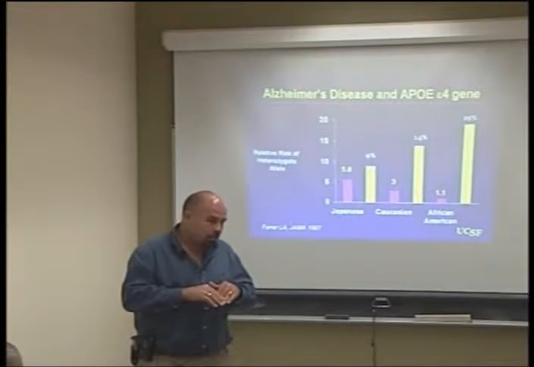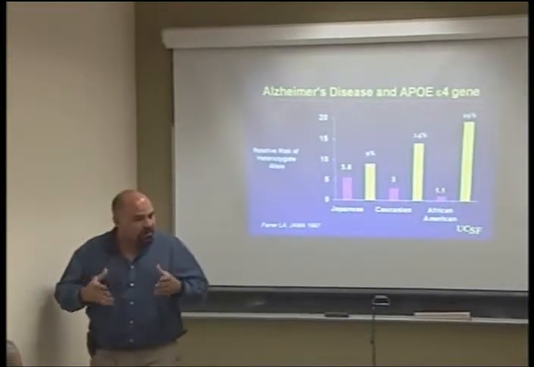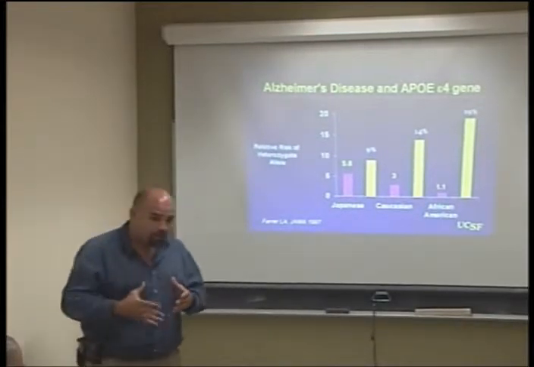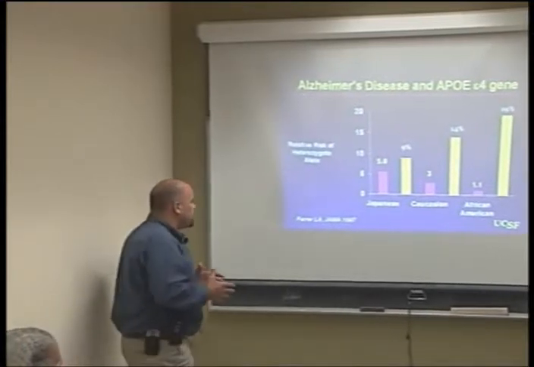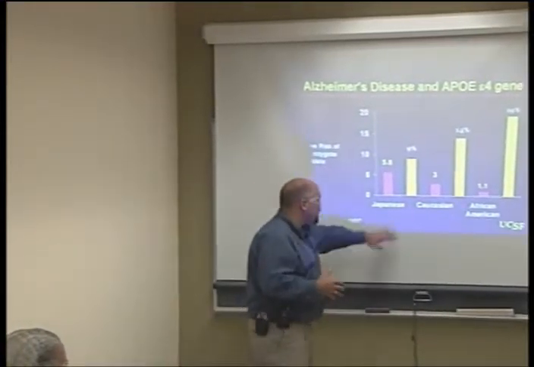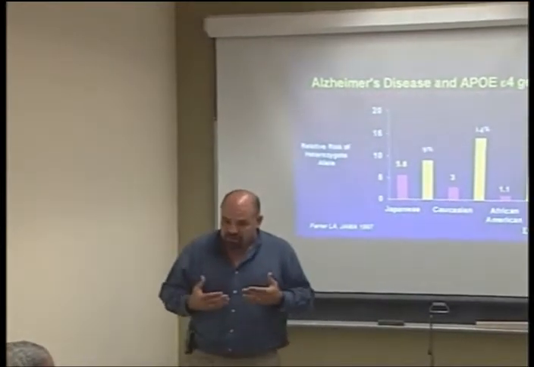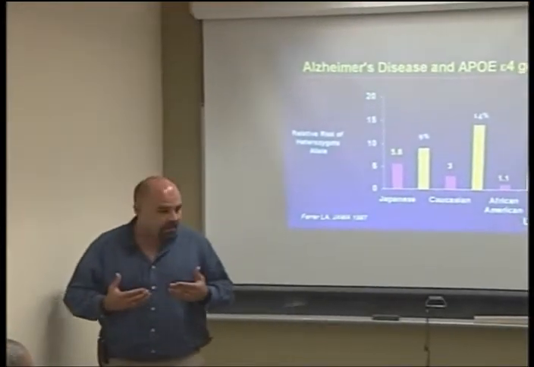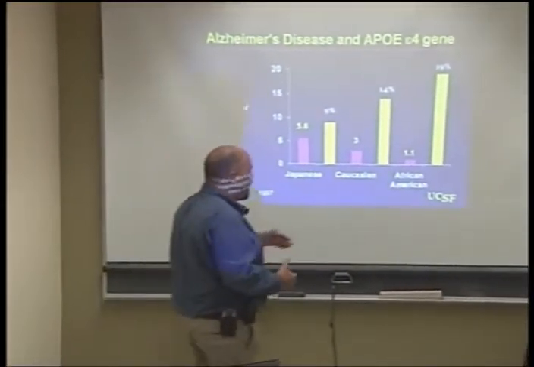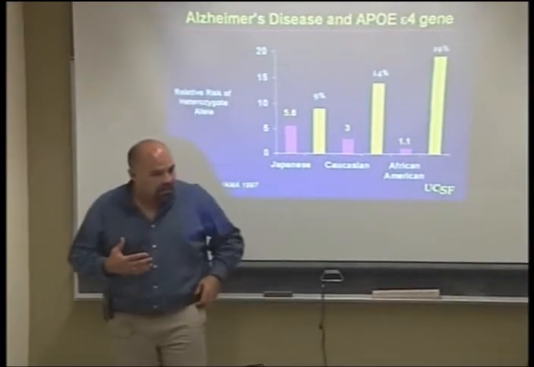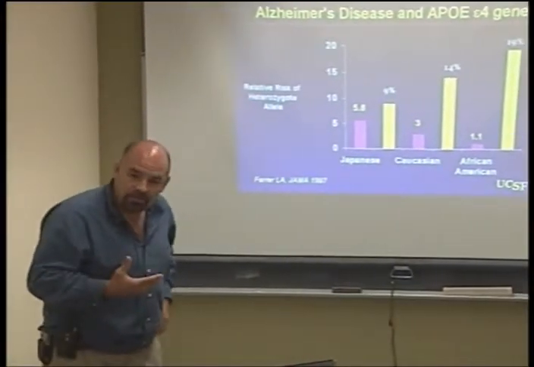So that is important because that tells me that we need to make sure that we understand what's going on in the African American population that is somehow protective. But we also need to understand what's going on in the Japanese population that's such a risk factor. Is it just genetic or is it dietary? We don't know. Do collard greens, for example, in African American populations, are they protective? Or is there something in the environment? And that's why we need to figure this out.